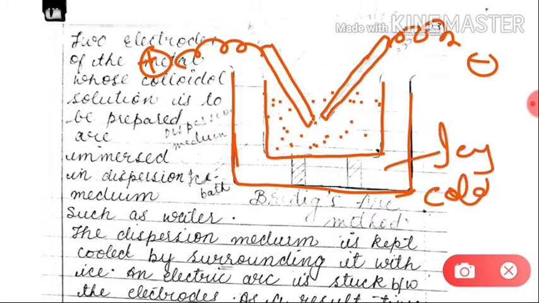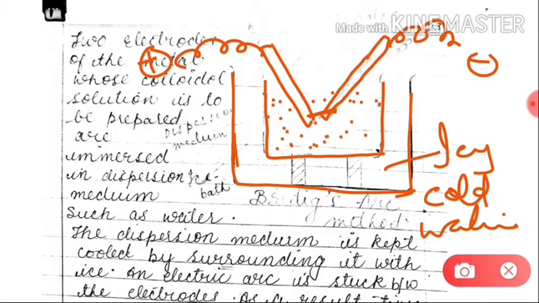Icy cold water. Now what we have to do, first of all, we just touch this one electrode to the other electrode. When we touch these two electrodes, an electrical arc or spark is generated, and due to this